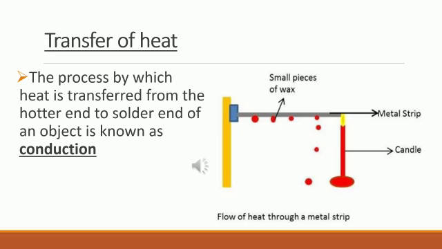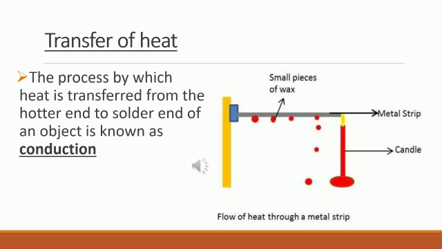These pieces should be at nearly equal distance. For example, 2 centimeter away, 2 centimeter away, you need to fix it. Now you need to clamp the rod to a stand. It has to be attached to the stand. You can put one end of the rod in between the bricks so that the bricks will hold the rod. If you don't get the stand, you can keep two bricks, and in the middle of those two bricks you can fix this rod which is having candle wax.